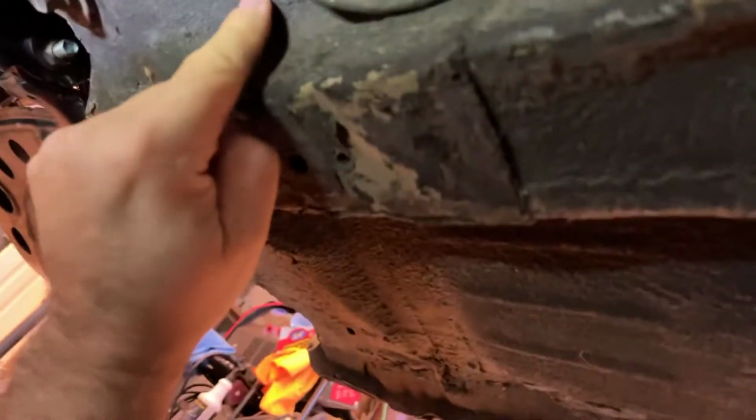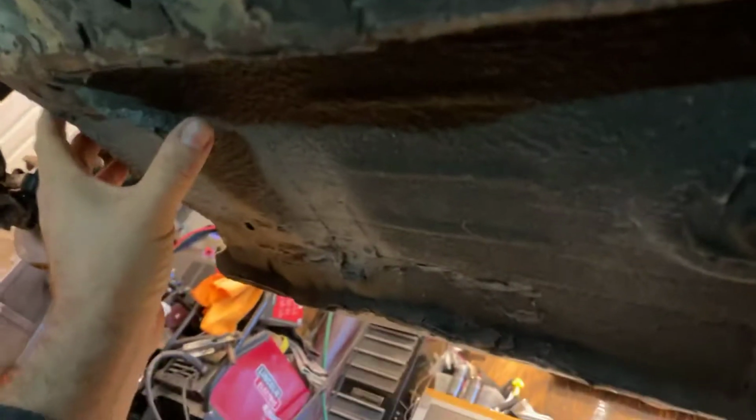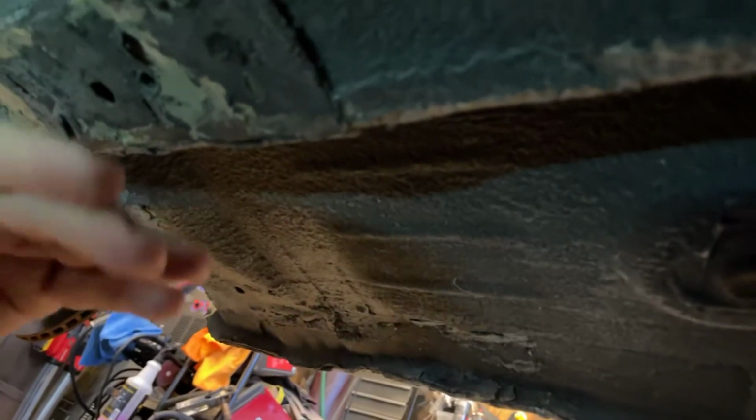Also thought about drilling a hole here and going in. There's a double layer in here somewhere. I'd have to find it, but drilling through that and coming up out there. Might be over here. That'd be better. And then I'd have to change the line back there. I'm really leaning toward going up into the trans tunnel. But anyway, this thing's coming out, and that's going to give me a chance to fix one more thing that went wrong,